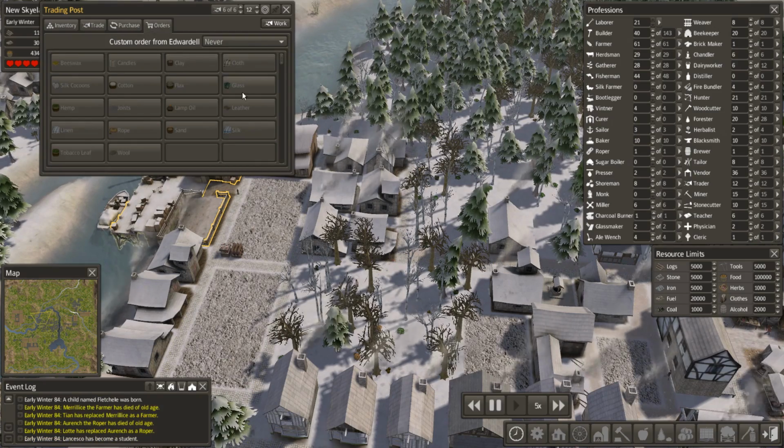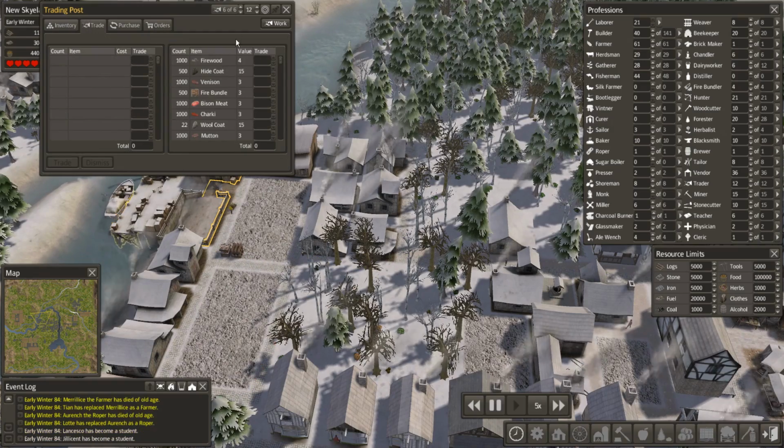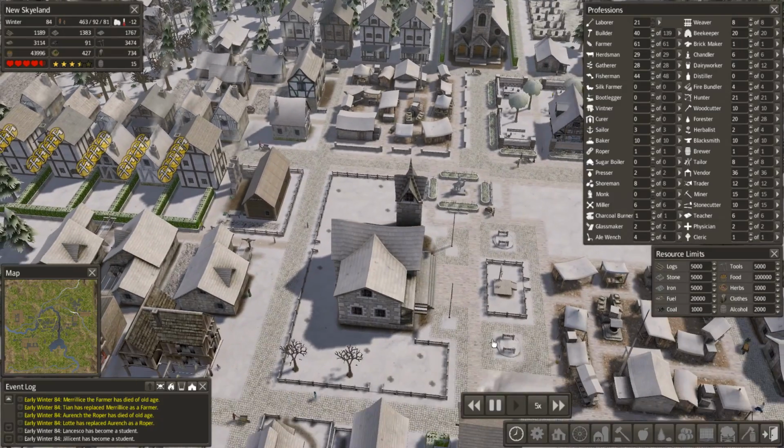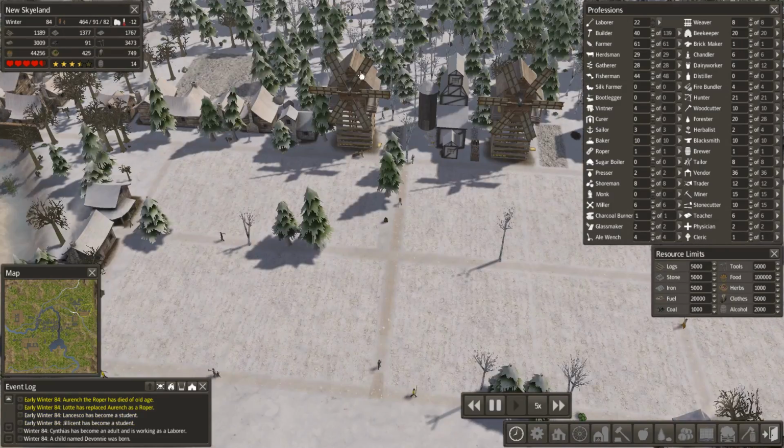What can we order from this guy? And again, nothing particularly interesting. Okay, dismissed it. Right, go away. Okay, so what are we going to do with this maple sap and sugar? Right, what we're going to do, we're going to pop up here,